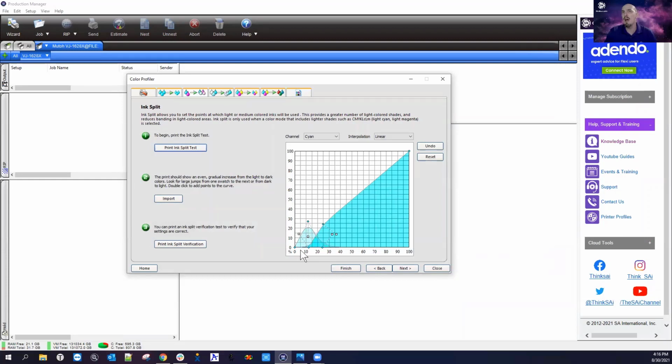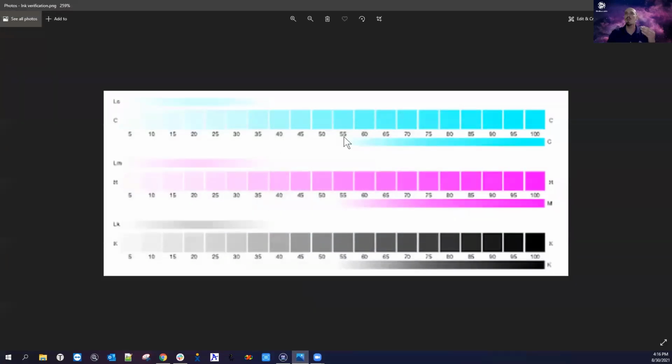That's right about the time when our regular cyan is starting to kick in at 10%, and then it's really starting to kick in at like 15, 20, and then this is starting to fade away. Something like this is a good graph, but again, you don't want to just put in a generic graph. You want to tailor it to your printer. You look at the graph that it's showing you, find out where the issues are, and say, okay,